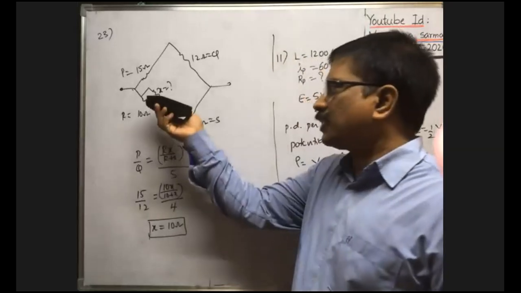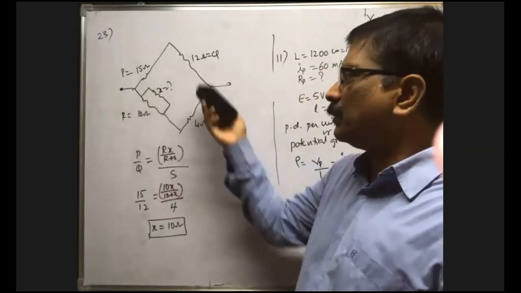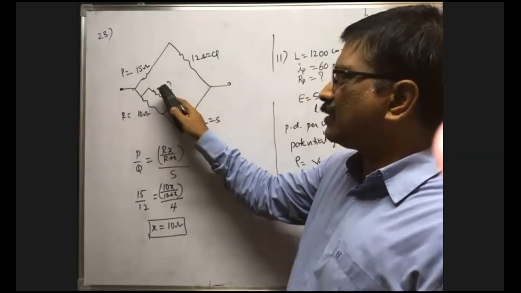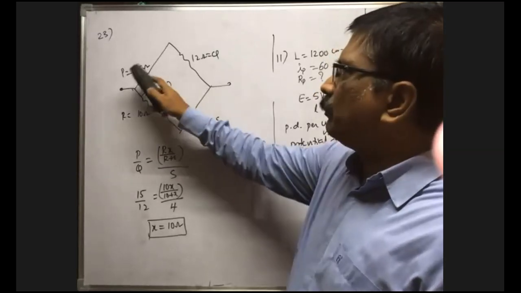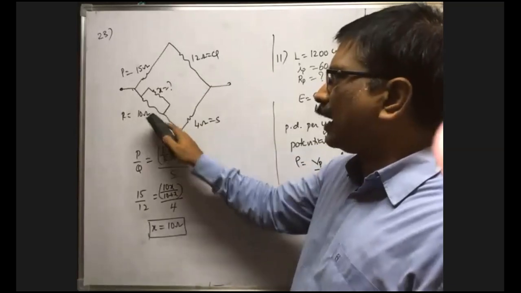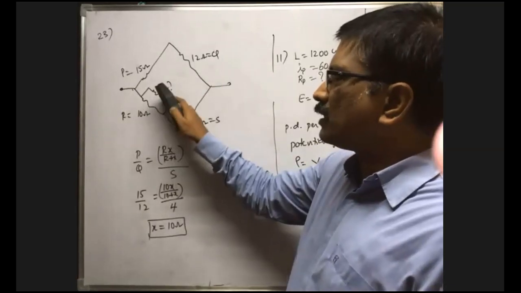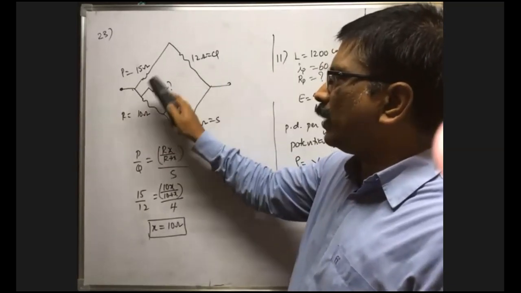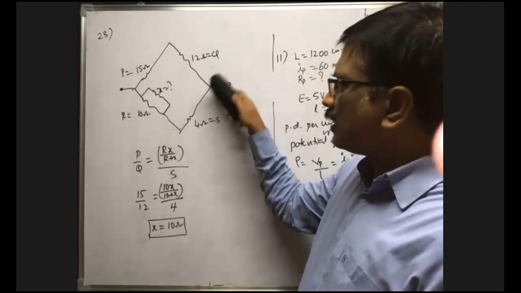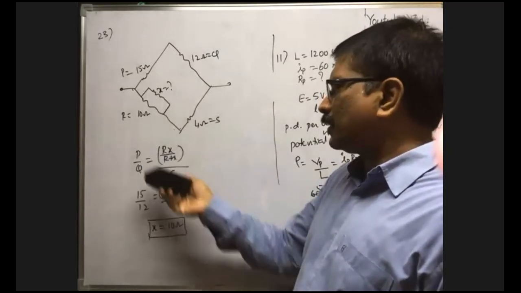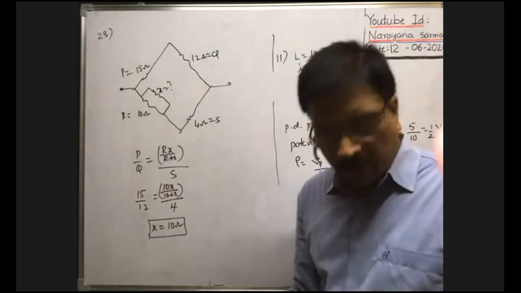So what is the resistance to be shunted across 10 ohm to balance the bridge, they asked. Whenever X resistance is connected across this 10 ohm, then if the bridge is balanced, P by Q is equal to R by S. R means at the place of R, these two resistances are in parallel. That's why Rx by R plus X is the effective resistance in this gap, by this resistance S. So if we substitute the data, we get X is equal to 10 ohm.